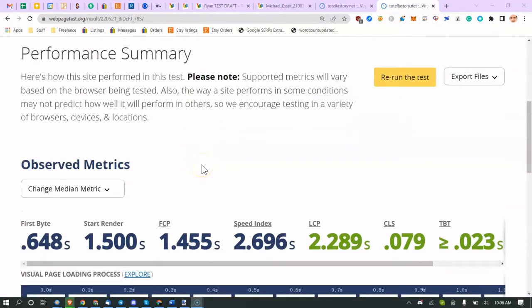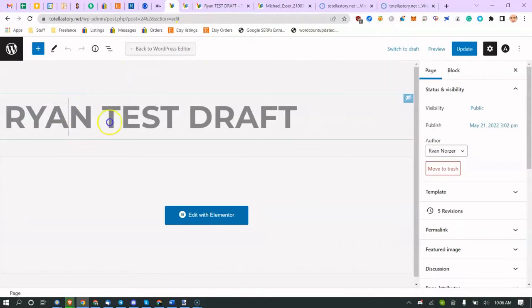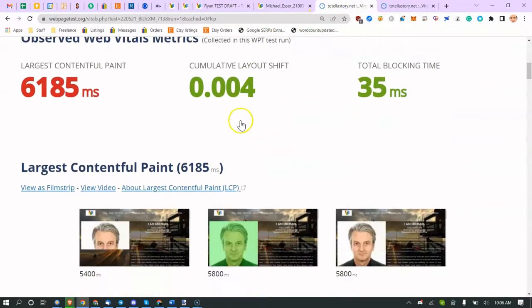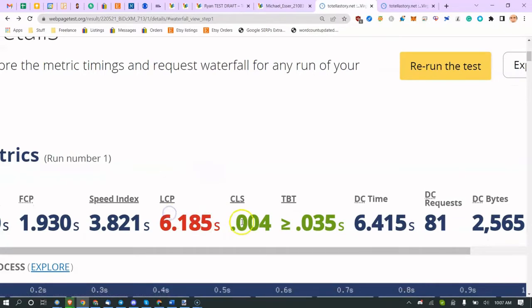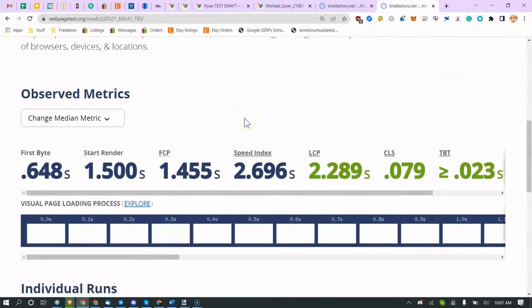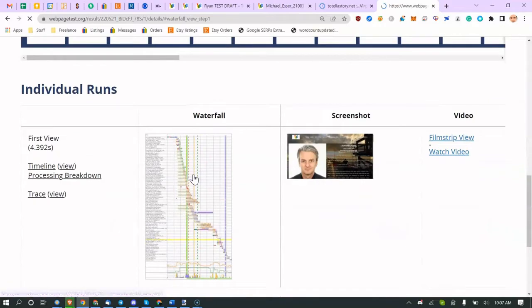Okay, so as you can see, the only thing I've done is optimize that image. I didn't update the actual home page. I just duplicated it and called it Ryan Test Draft. So these are the old scores: LCP red, green, green. As I showed you, the layout shift and the total blocking time are good. This is on the new draft page, which is the exact same thing, except I optimized the image. You're green, green, green. So if we go to the waterfall chart,